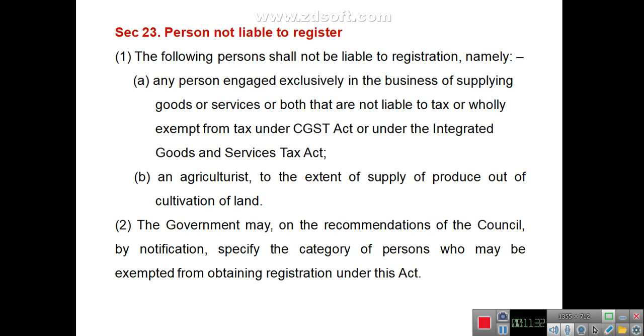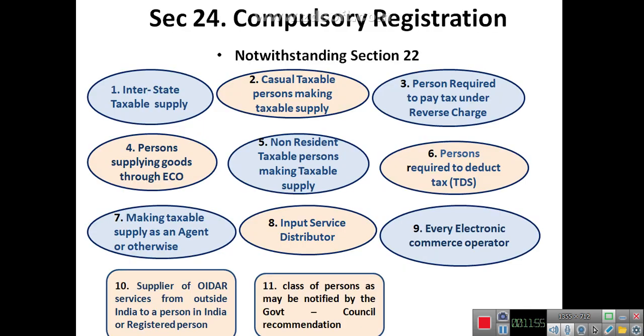An agriculturist, to the extent of supply of produce out of cultivation of land, is also not liable to register under GST. The government also may, on the recommendation of the council, specify the category of persons who may be exempted from obtaining registration under the GST Act. Section 24